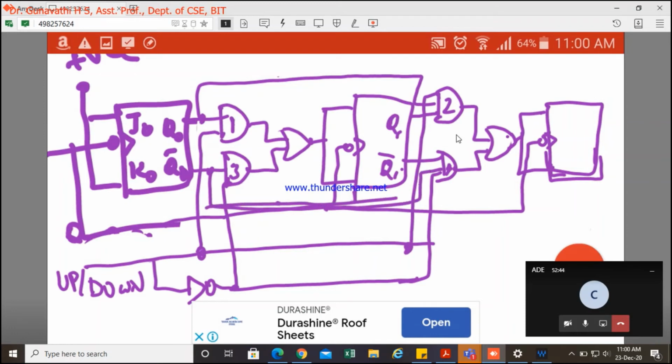So this is how you are able to make it. The output of the previous stage should be connected as an input along with the present input. So only when both of these are 0, 0, it will enable this. Is that clear? Yes, ma'am. So this works like an up-down synchronous counter by default. Suppose you want any different count, you cannot work like this. You have to use the excitation table of the JK flip-flop and design that.